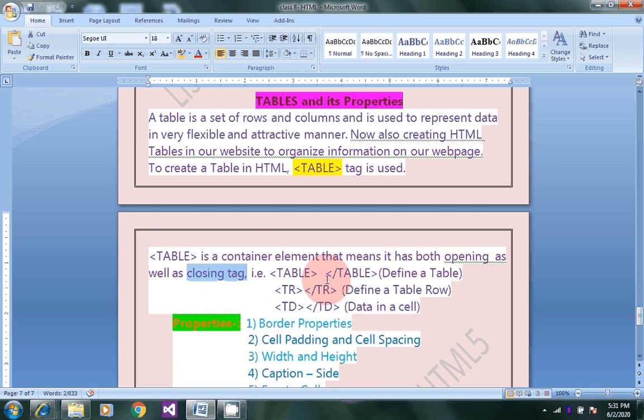That is table, the starting tag, and this is the ending tag. It defines a table. TR, with its opening and closing tag, defines a table row. And TD is data in a cell.